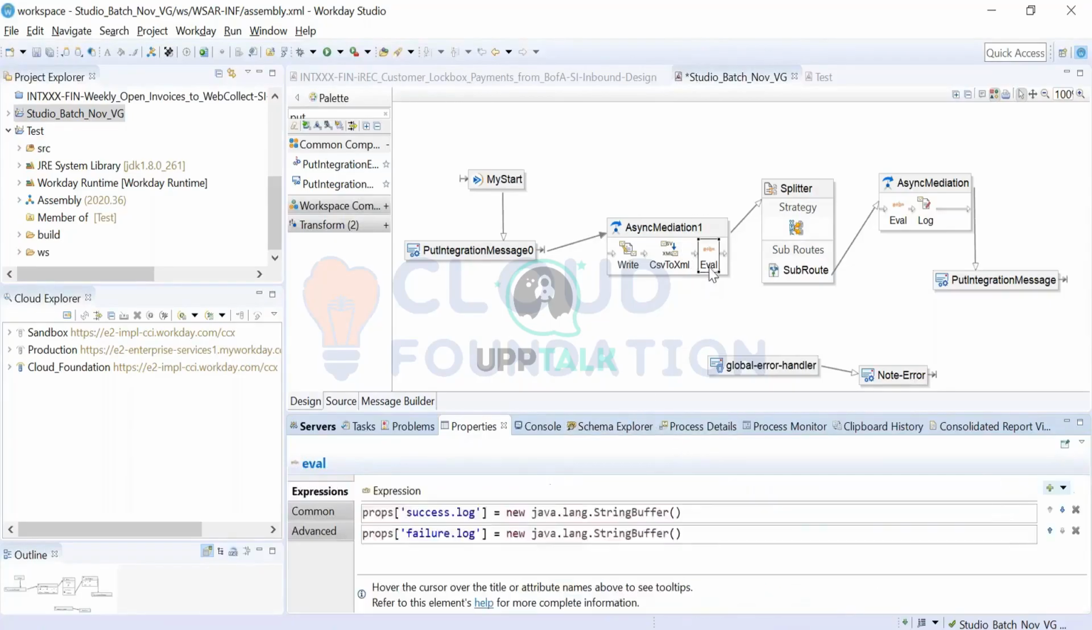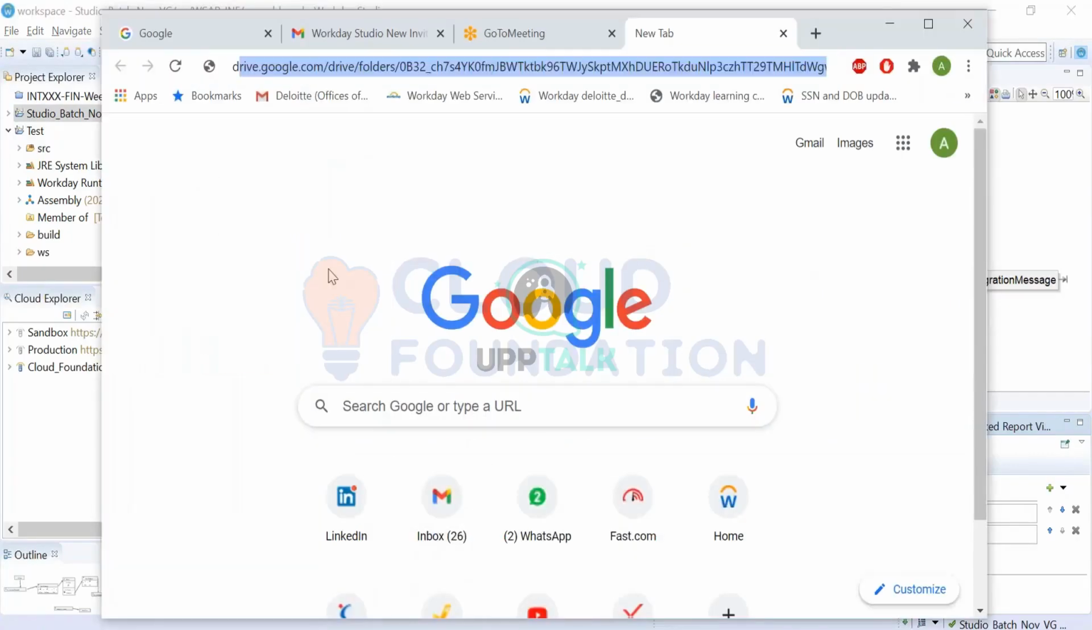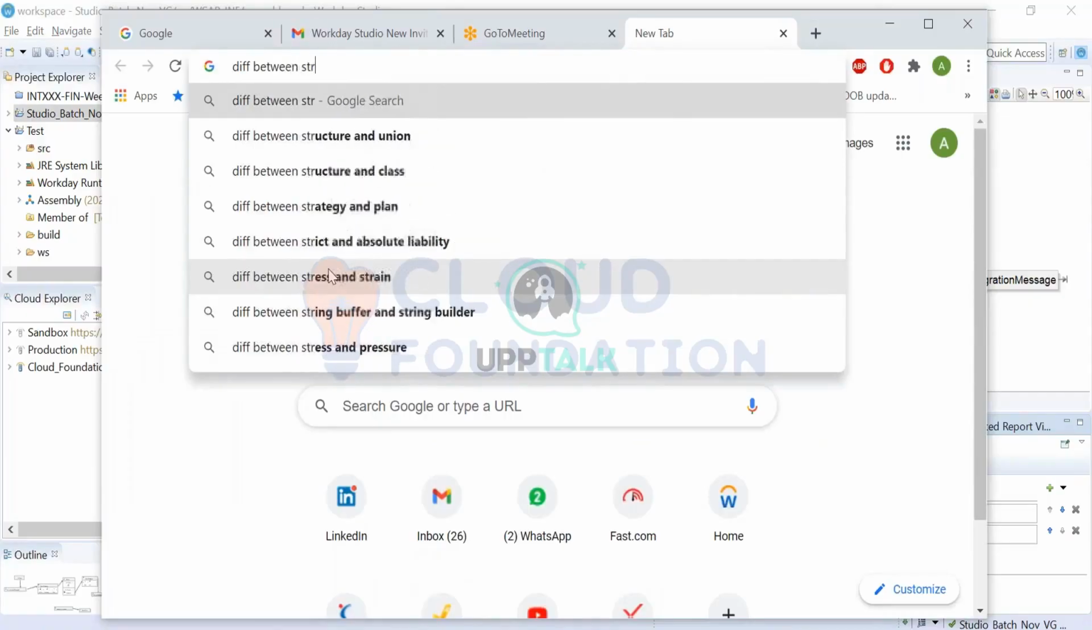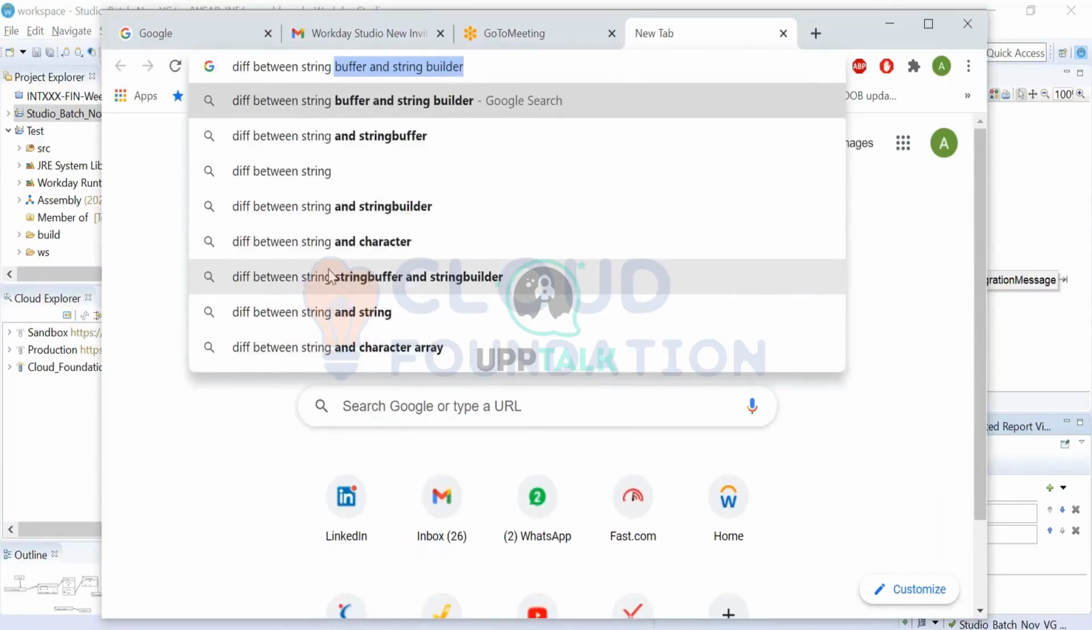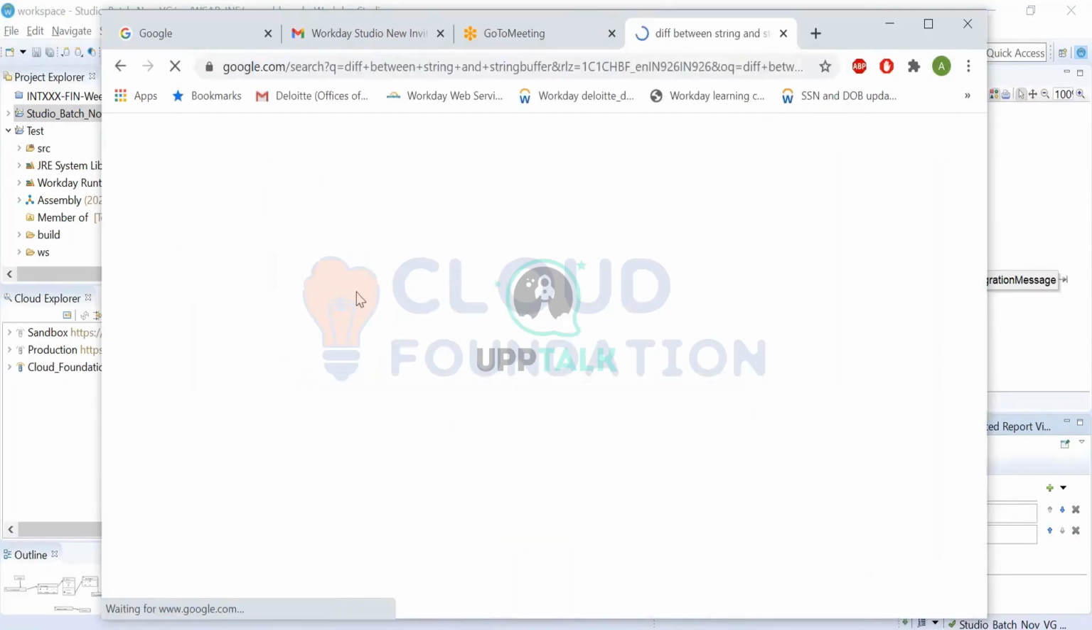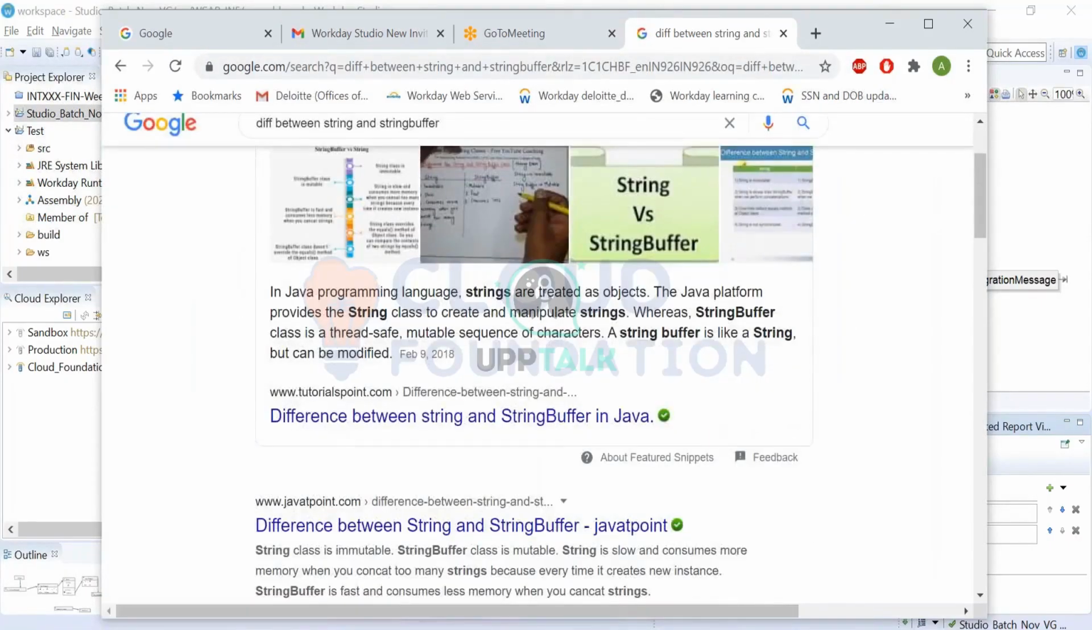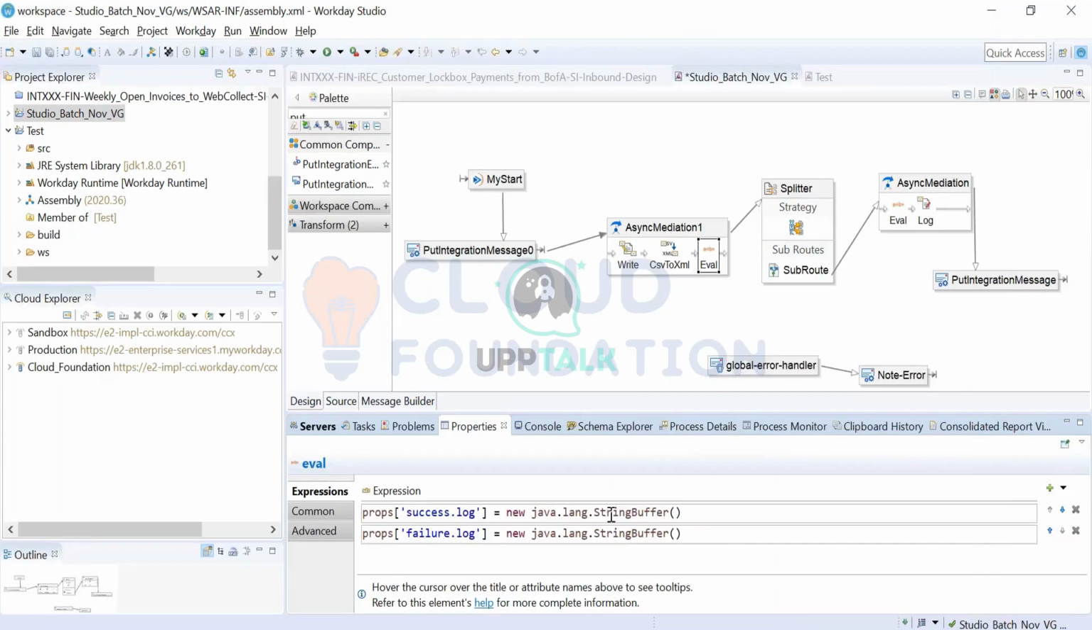But we are declaring something here called a string buffer. A string buffer is something which can be changed, which can be altered, and it's not immutable. If you go to Google and search for the difference between string and string buffer, it's a very common interview question for Java people. It's not of much importance to you, but I still want you to understand